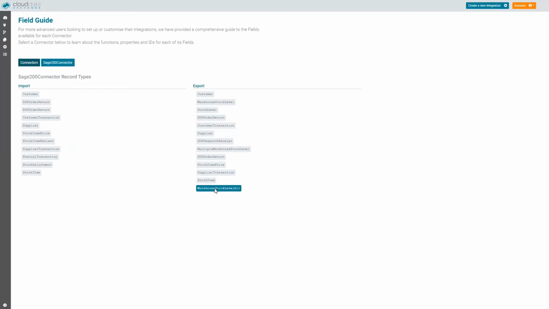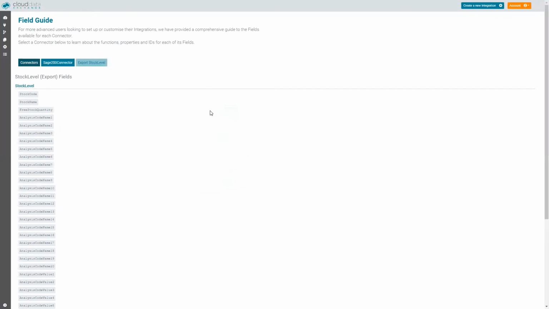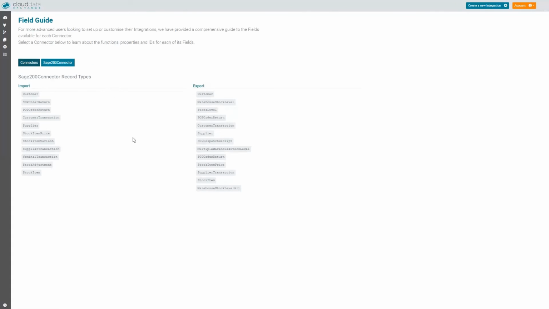So there's a warehouse stock levels, multiple warehouse stock levels. Or if we just get the one warehouse, stock code, stock name, free stock quantity and analysis codes. As you know, Sage 200 has 20 analysis codes. So that's another field that we use when we're moving stock, because perhaps you might not sell everything that you sell on the web.